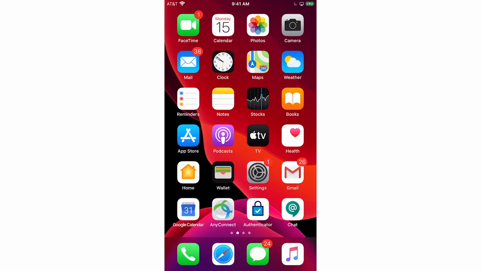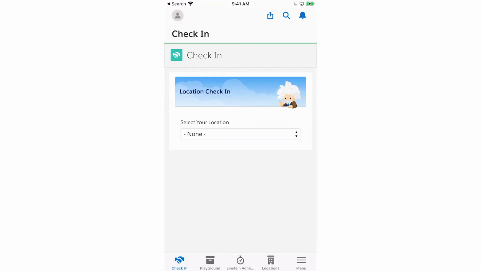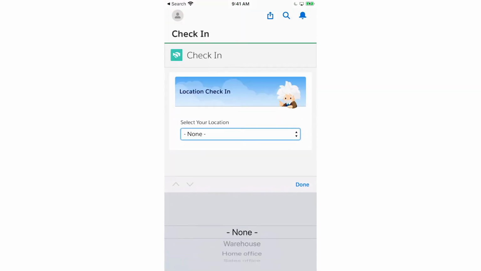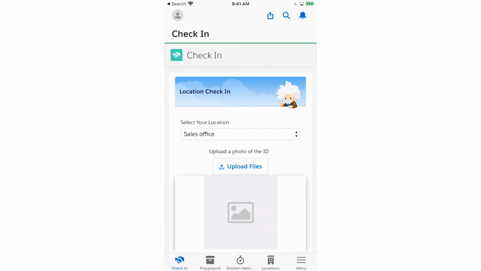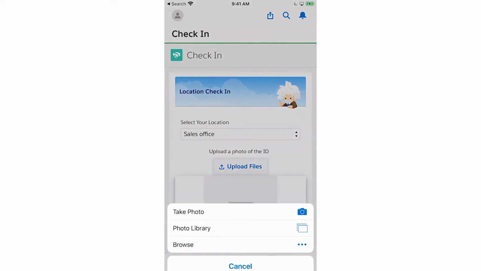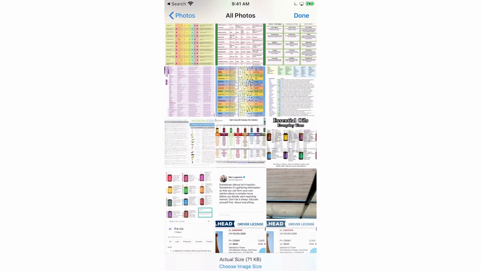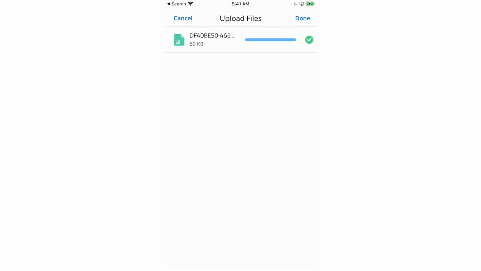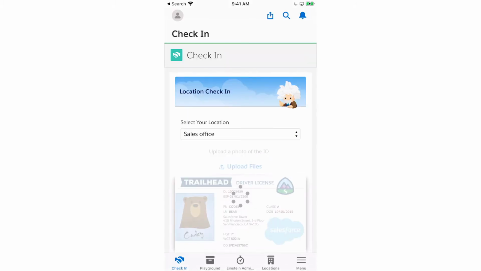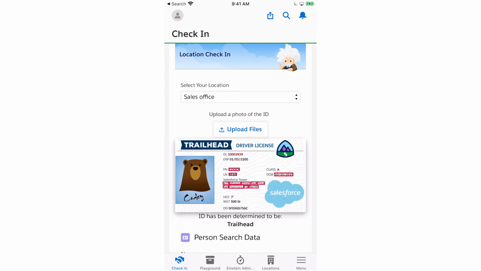Let's kick this demo off by introducing Alicia Murphy, who's a receptionist at the Salesforce office in Chicago. To check in a visitor with minimal contact, she opens the Salesforce mobile application, launches the check-in app, and selects the sales office. This then allows Alicia to upload a picture of the driver's license. What's important to note here is that Alicia does not need to physically exchange the license. All she needs to do is point her camera at the license and capture an image. But in our case, we're just uploading a file from our camera roll, which pretty much works the same way.